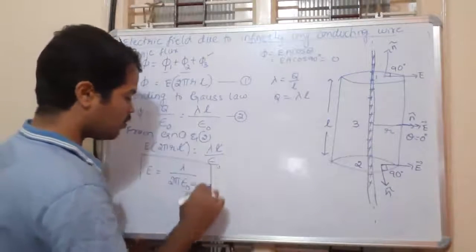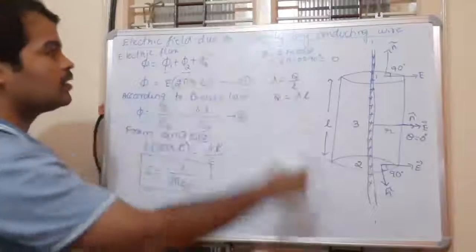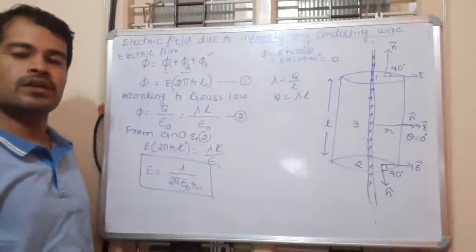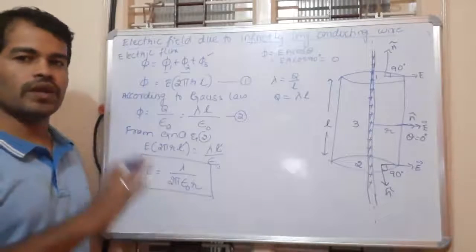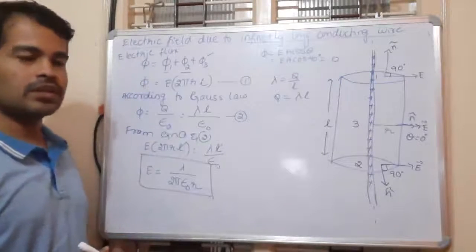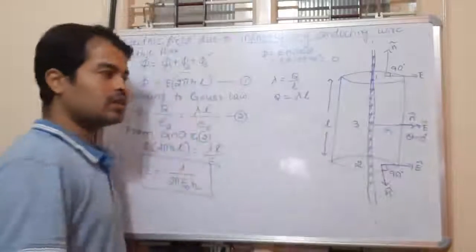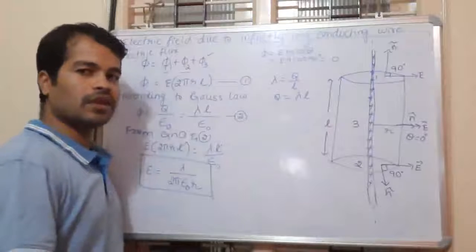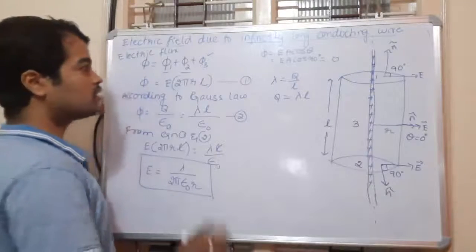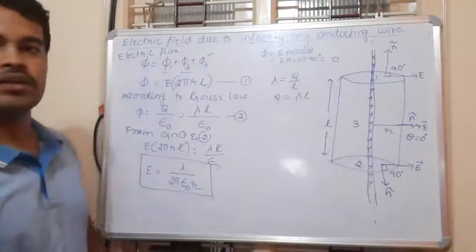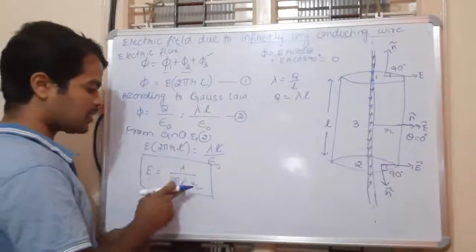So this is the value of electric field due to an infinitely long charged wire. That is what type of wire? Charged wire. Now since I have taken a positive charge, the electric field is radially outward. If I take a negative sign, the electric field will be radially inward, as we know electric field is from positive to negative. So this is the first application of Gauss law. Using Gauss law, we found finally electric field equal to lambda by 2 pi epsilon naught R.